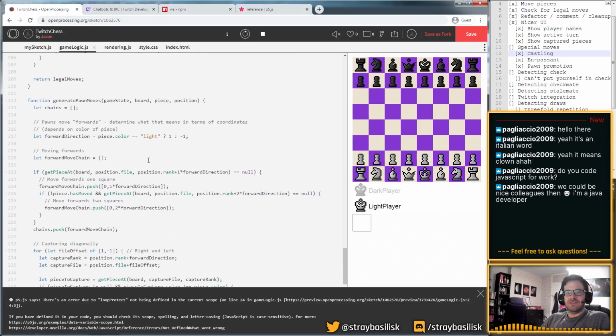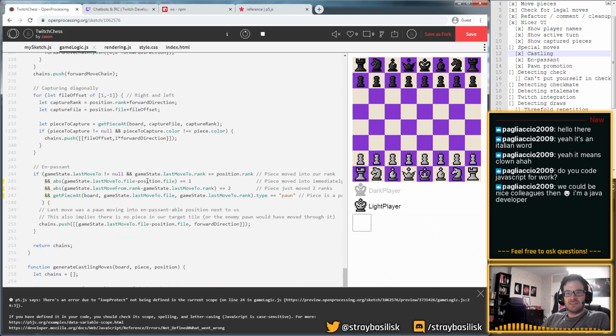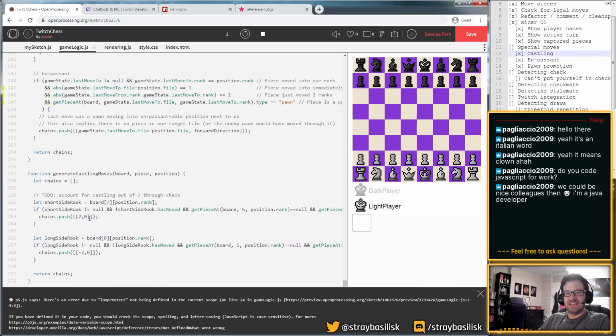So I think what I'm going to do is, what this returns is a list of these little pairs. The way I describe a move is like an XY, but to make it shorthand, I just pack those into a little 2-element array. And I think what I'm going to do is just throw an extra thing in here.